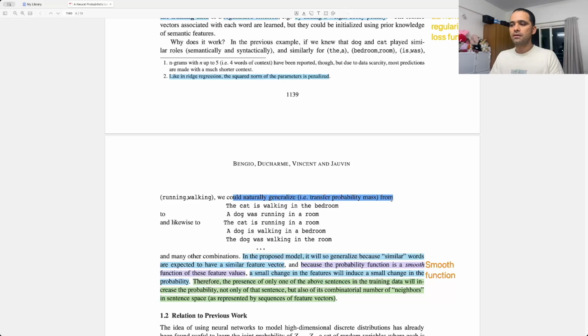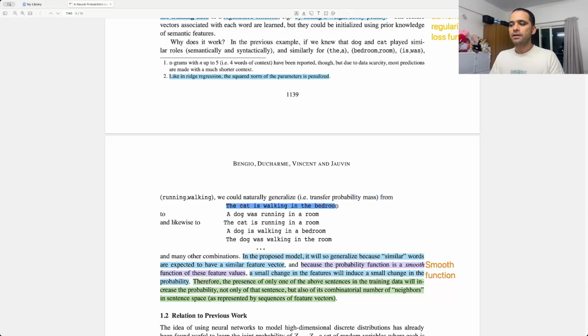So in our training set or test set, we could generalize from 'the cat is walking in the bedroom' to 'a dog is running in a room', because here the and a are playing similar roles. Cat and dog are syntactically and semantically similar. Is and was are similar. Walking and running are similar. So even if we have not seen these sentences in our training data,